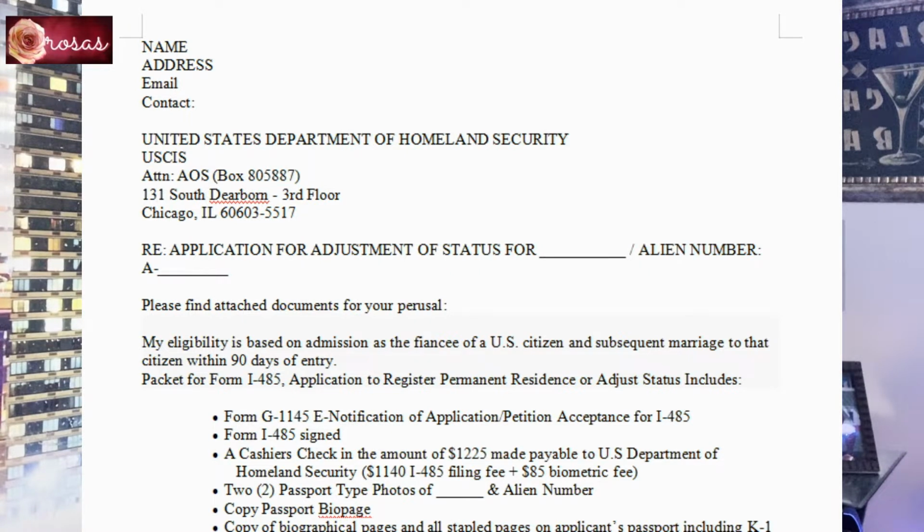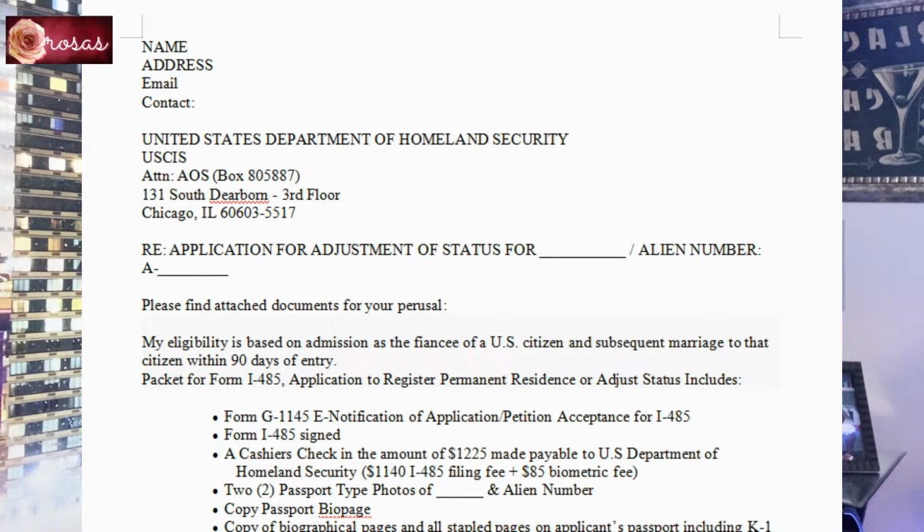So please find attached documents as per usual. My eligibility is based on the admission as the fiancé of a U.S. citizen and subsequent marriage to the citizen within 90 days of entry. Packet Form I-485, application to register permanent residence or adjust status, includes: